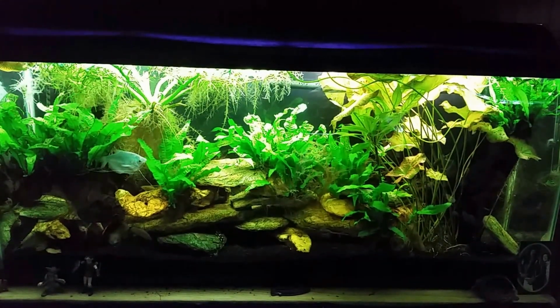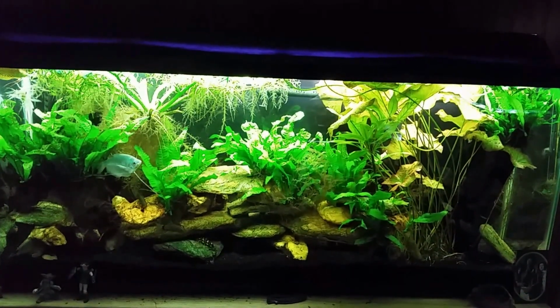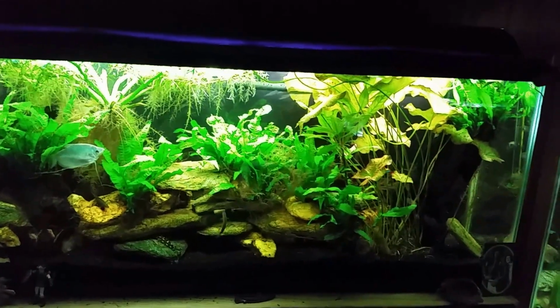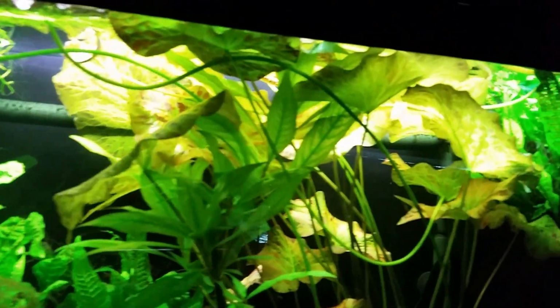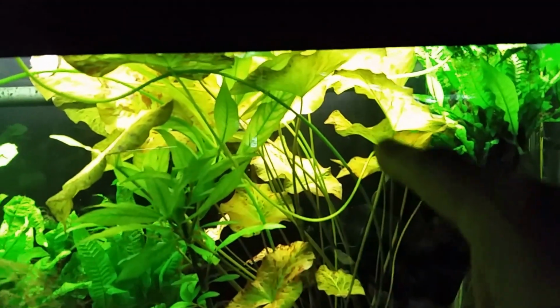Hey everybody, this is my Gourami tank, and today I need to get in here and do a lot of maintenance on it. I need to get in and do a water change, I need to get the filter cleaned out, and most importantly I need to get over here on the right and remove a lot of this Red Tiger Lotus. If you can see these strands that are all sort of wavy looking, these are the runners